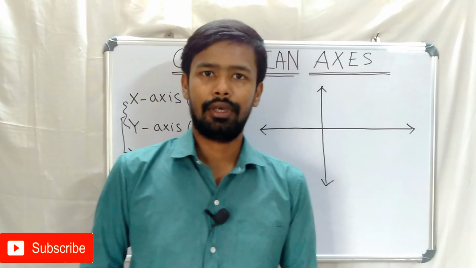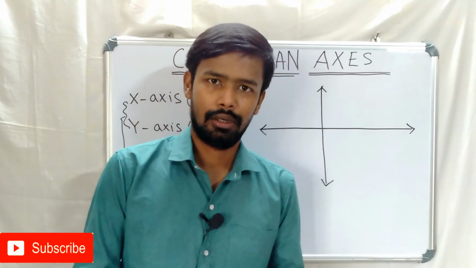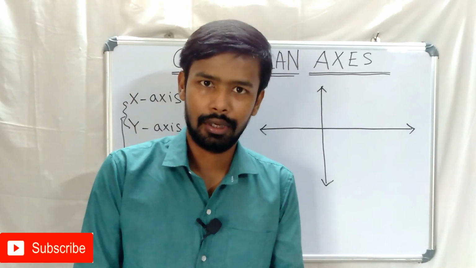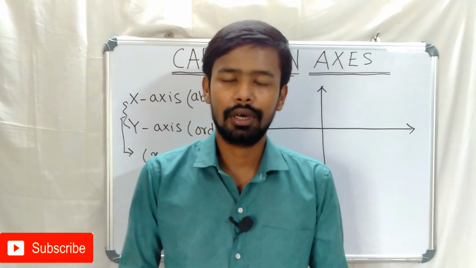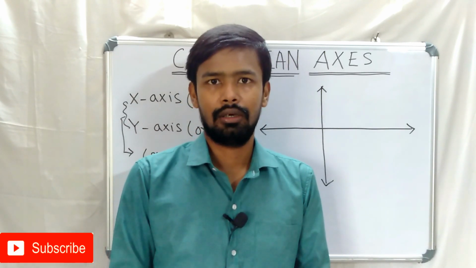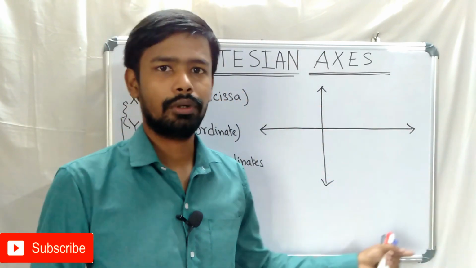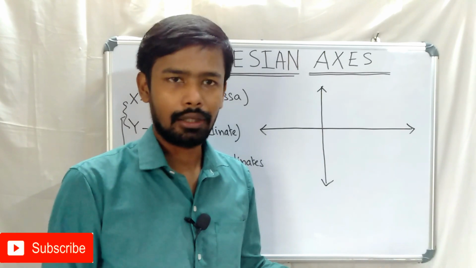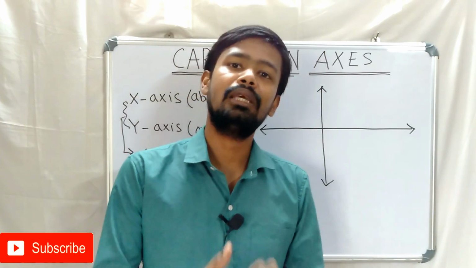In geometry, we can easily put any point on a surface, on your plain paper. You may have seen graph papers. Graph papers are used to locate any point on the paper. Suppose I have this board. The surface of the board is a plane, right? So on this plane we can easily plot any points.